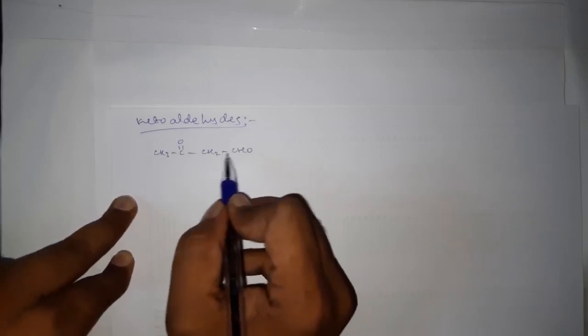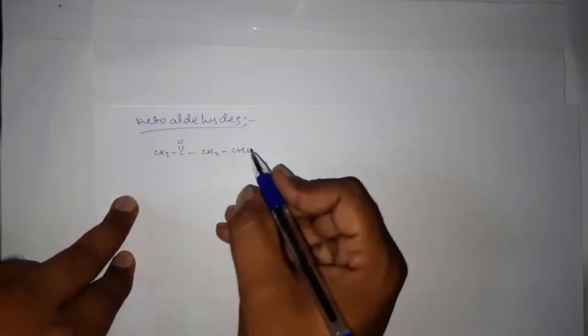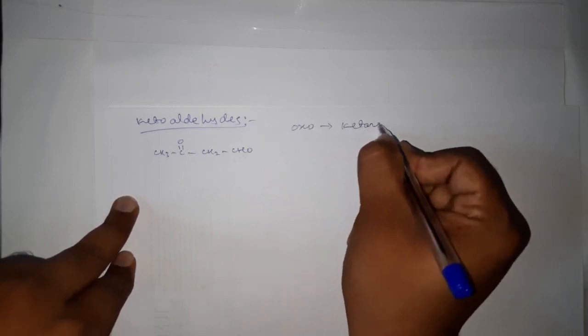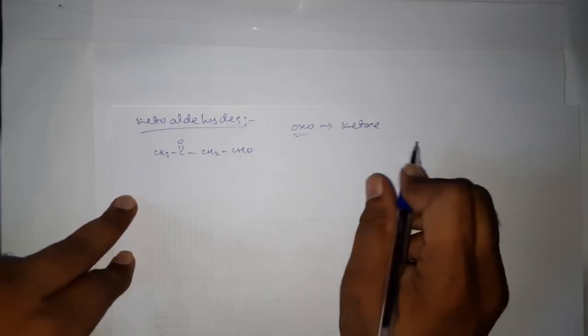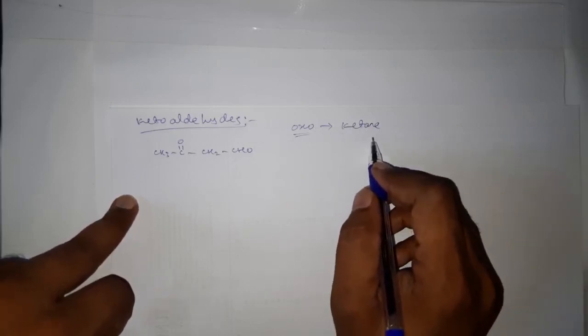Here aldehydic group is also there and ketonic group is also there. Here we have to use the prefix oxo for ketone. We have to use the prefix oxo for ketone, and its position on the parent chain is indicated by the